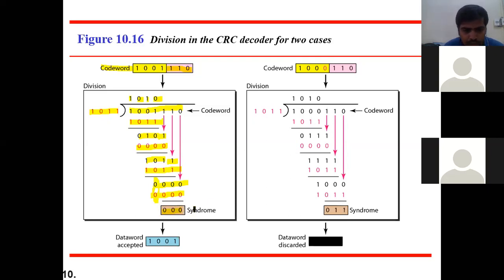If the syndrome bits are all 0, then no error has occurred in your transmission. Be careful with the question paper also. If it asks whether there is any error in your transmission, if you are getting the remainder at the receiver side as 000, then there is no error in the transmission. If you are getting some other value apart from 000, then that means there is an error in your transmission. So this data word is accepted, because whatever the data word was, it has been accepted at the receiver side, because I am going to get the syndrome as 000. This is the successful scenario.